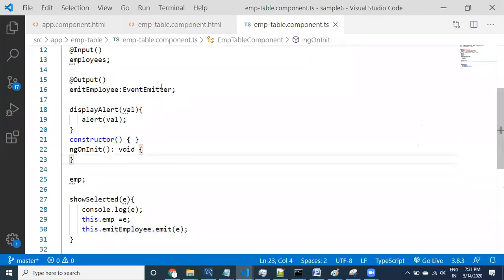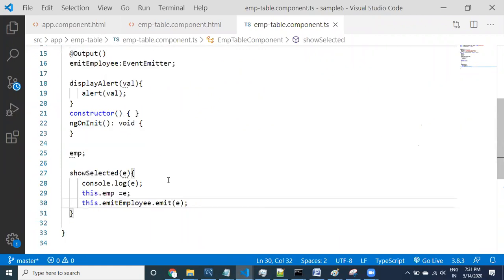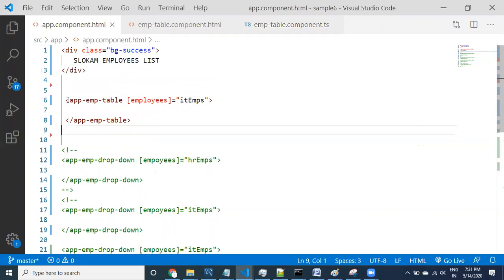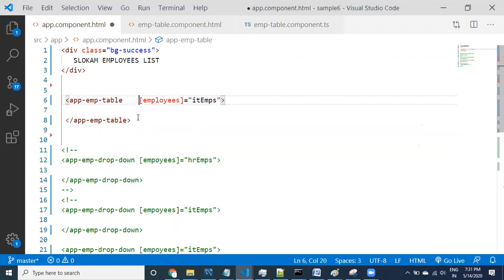We have taken output, and using the emitter output we do data emission. When we emit the data, we need to receive the data. This is input. Now we need to take output. How is it going to come?